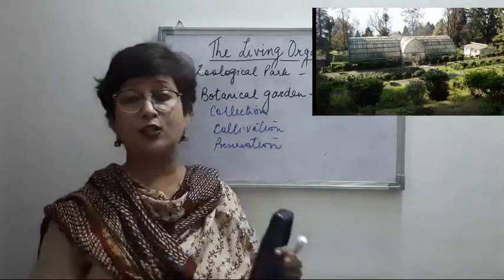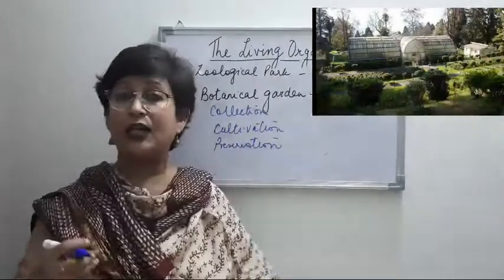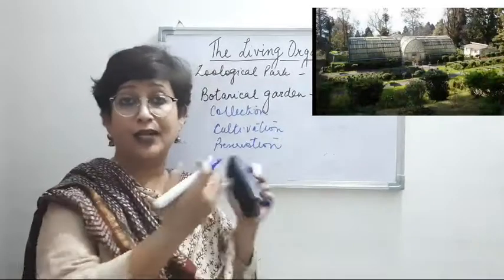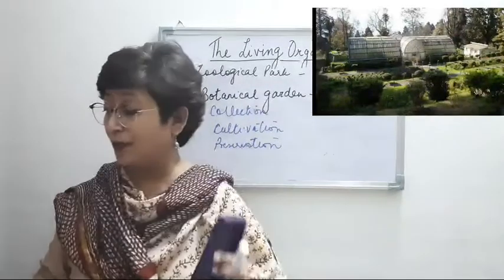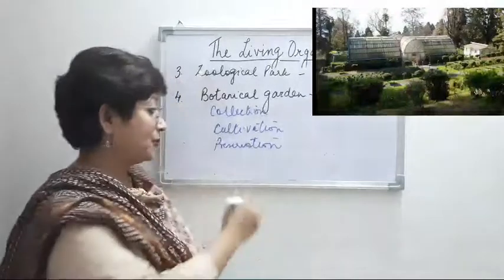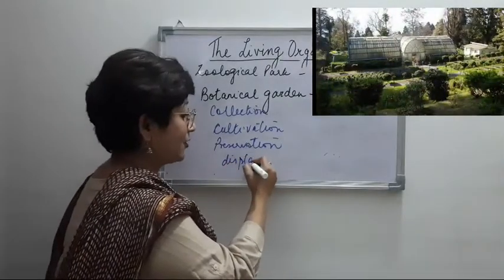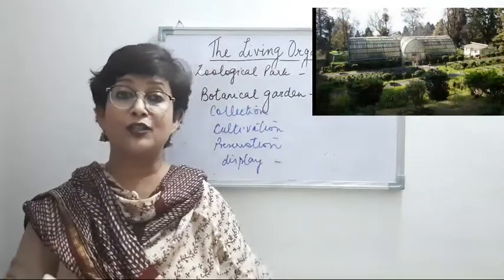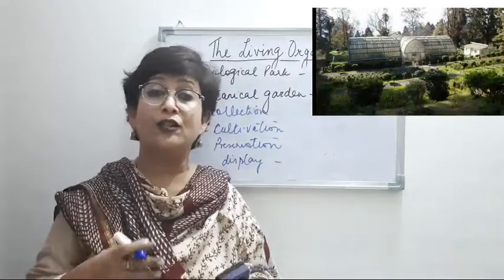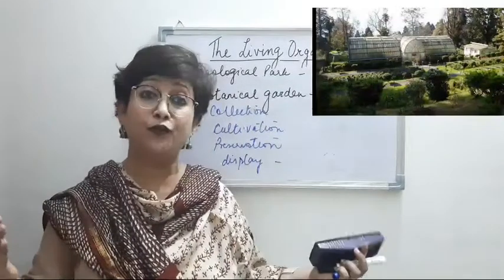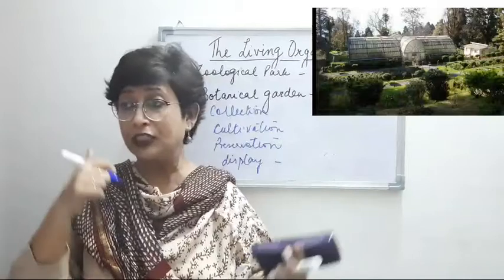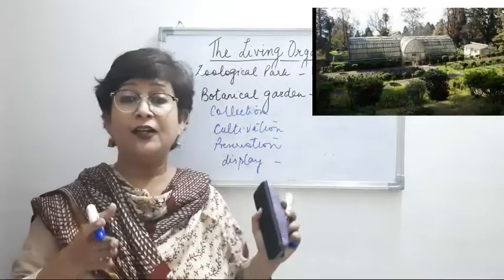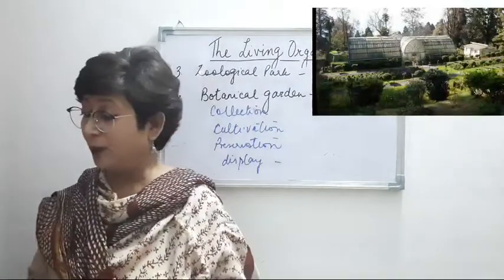Of course it is seen over there what is required for them, what kind of an environment needs to be provided to them so that they can live on, right? So preservation and then display. So display of the plant is also there in the botanical gardens. You must have been to the gardens or certain exhibitions where you see a variety of flowers, right? So the first step is collection. They are collected, then cultivated, then preserved for display to the people, right?